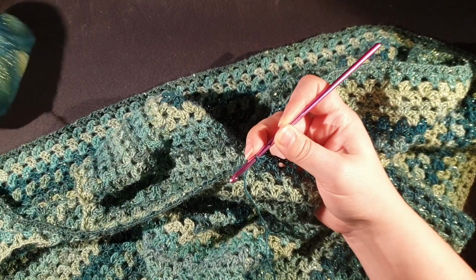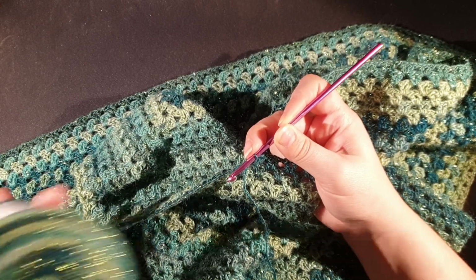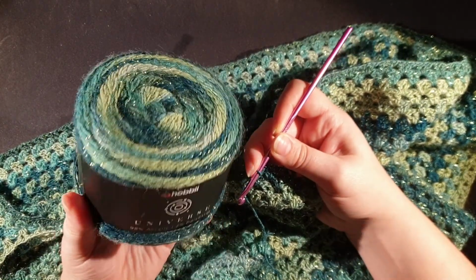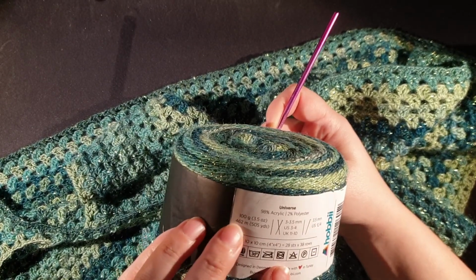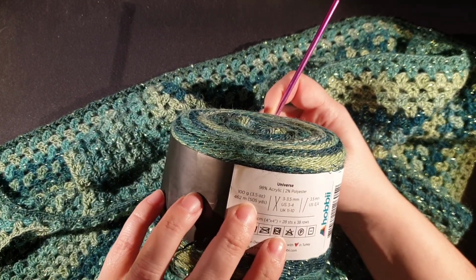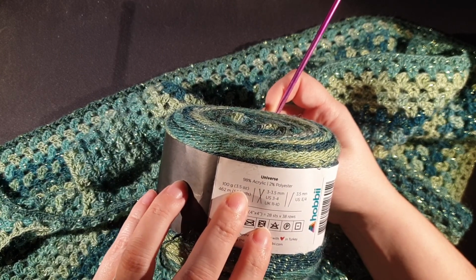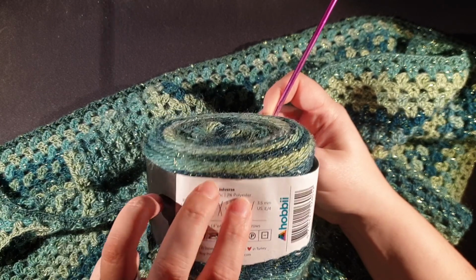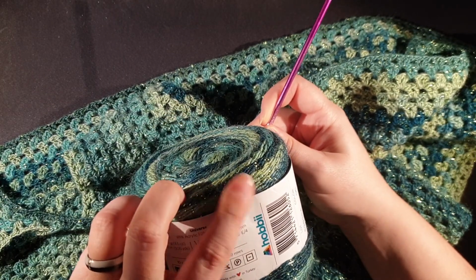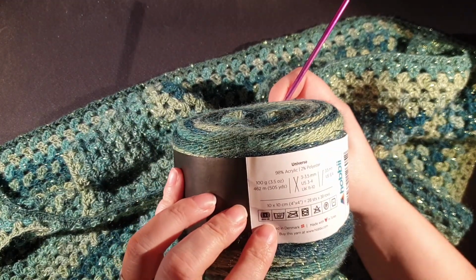These cakes look pretty small when you see them, but this is so much yarn. Like, for real, it's 462 meters, 505 yards, 100 grams, 3.5 ounces, 98% acrylic, 2% polyester. So the polyester is the metal thread, but it's a #1 super fine weight,